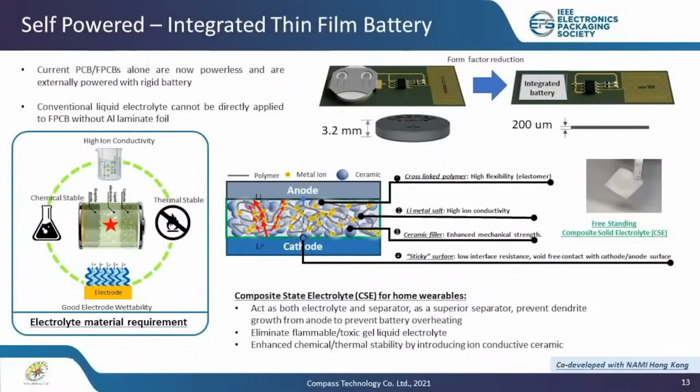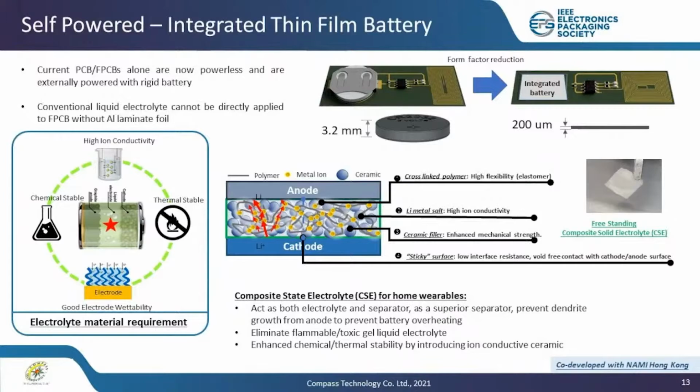We would also like to introduce a thin film battery that can be integrated onto the flash circuit for cell power capabilities. Nowadays, all the PCB or flexible circuit alone are powerless, and they are all connected with a rigid and thick battery, which is unable to bend and requires additional assembly process such as hot bar soldering or ACF assembly. With the trend of miniaturization, conventional battery cannot be simply placed on the flexible circuit considering small form factor anymore. Conventional battery with liquid state electrolyte is also posing a safety concern, which is critical for home use devices.